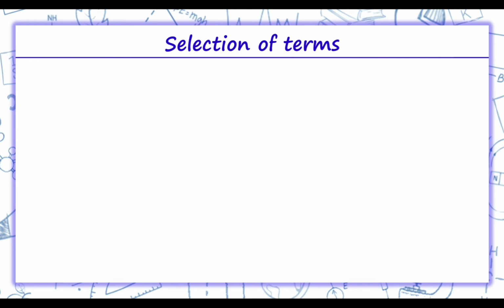Coming on to selection of terms. Now see, sometimes in questions we require a certain number of terms in AP. So we have the following ways of selecting terms which are generally very convenient. Like if in the question it is given, we have to find 3 terms which are in AP, so the 3 terms which we will take over here will be a minus d, a, a plus d. So here we can see the common difference is d.